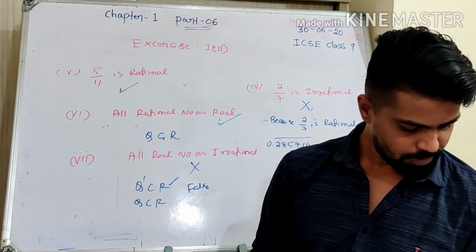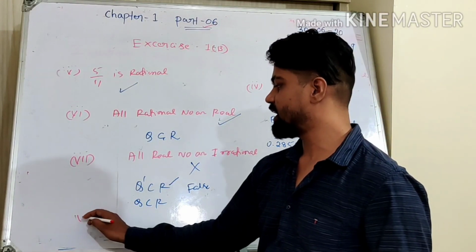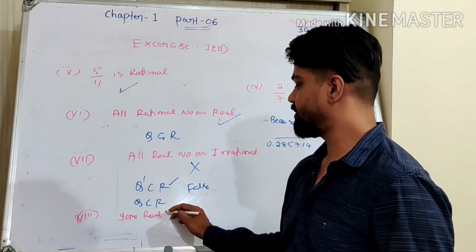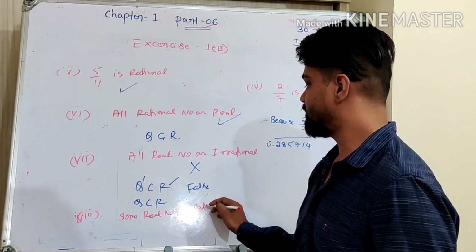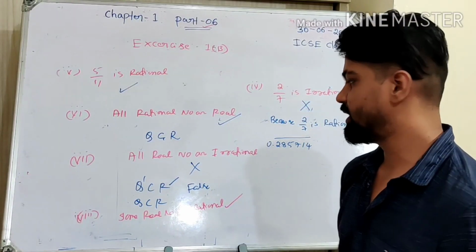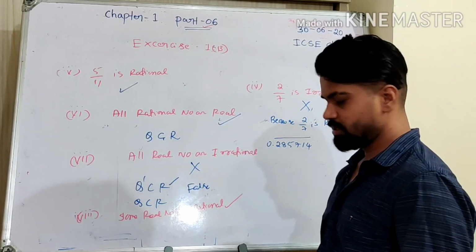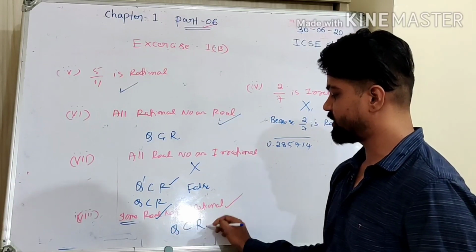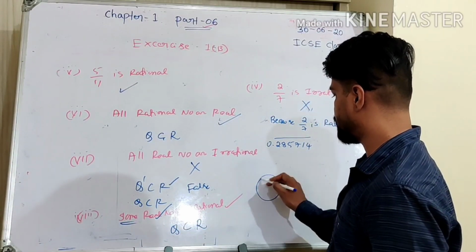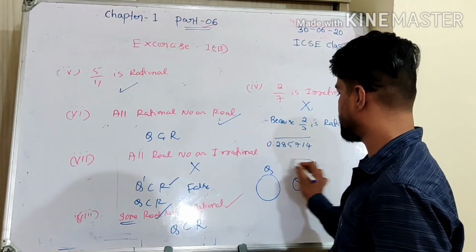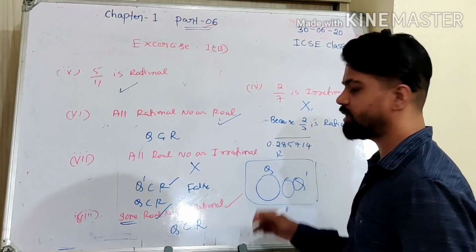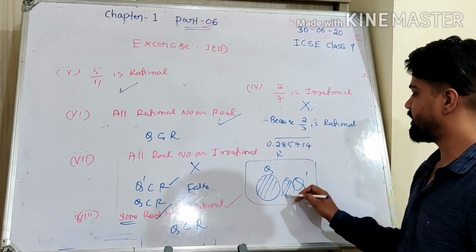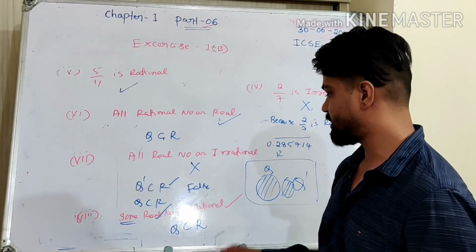And some real numbers are rational numbers. That is the last statement. Some real numbers are rational numbers. Yes, this is correct. Not all the real numbers are rational numbers, only some. This is the right word. Because again, Q is a subset of R. That means R has both Q as well as Q dash in it. So some real numbers are rational, the remaining are irrational. So that's why the last statement is true.